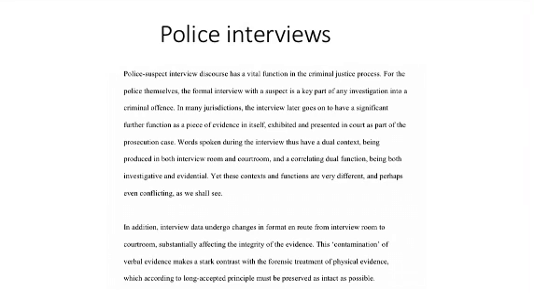Words spoken in the interview thus have a dual context, being produced in both interview room and courtroom, and a correlating dual function, being both investigative and evidential. Yet these contexts and functions are very different and perhaps even conflicting, as we shall see. In addition, interview data undergoes changes in form en route from interview room to courtroom, substantially affecting the integrity of the evidence. This contamination of verbal evidence makes a stark contrast with the forensic treatment of physical evidence, which,